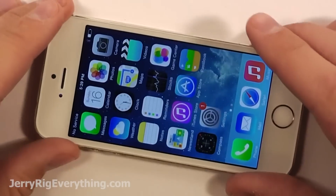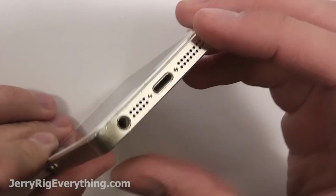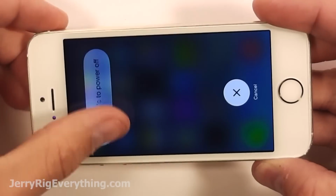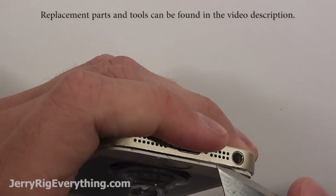Alright, today I'm going to show you how to replace the charging port on your iPhone 5S. It's a relatively simple process. There are two pentalobe screws down here at the bottom of the phone. There will be tools and parts listed down in the video description below. So go ahead and check there if you need to buy a new charging port or if you need the